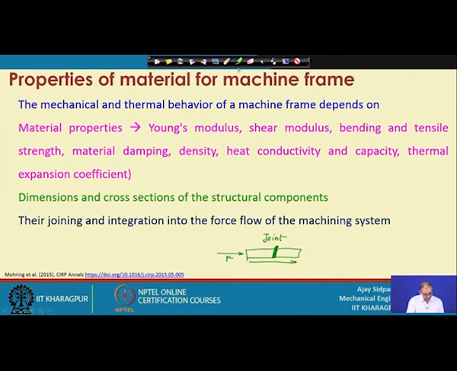But if this is the same thing and now consider the force is in this direction, now what is going to happen? There is a high chance that your joint will be in more problem, because the rest is a single material without any type of joint. So, mostly failure will occur at this location, because it will find where the weakest point is. The joint of the two materials is the weakest point. So, this is called the force flow.